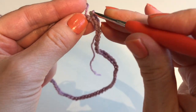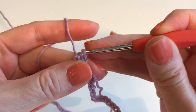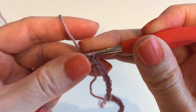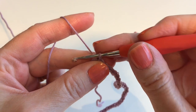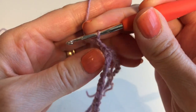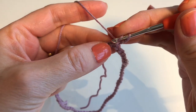Like this. Okay, just put it through the first one there, and then you, okay, so through the first loop, grab the yarn and pull it through the back through the hole, and then through the one that you had on your crochet hook, and then you make 2 chain stitches, and then you turn your work around, and then you grab the yarn, put it in the